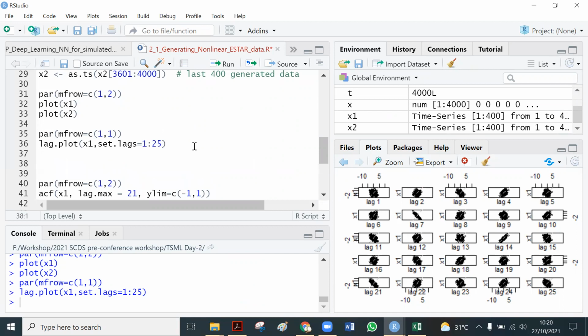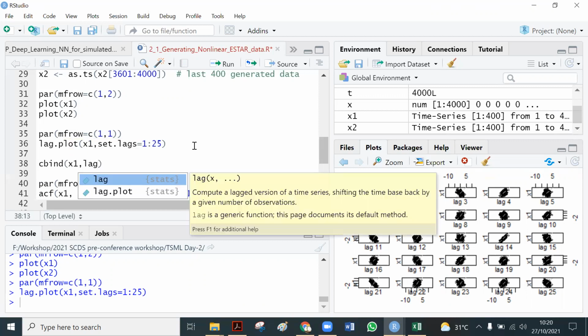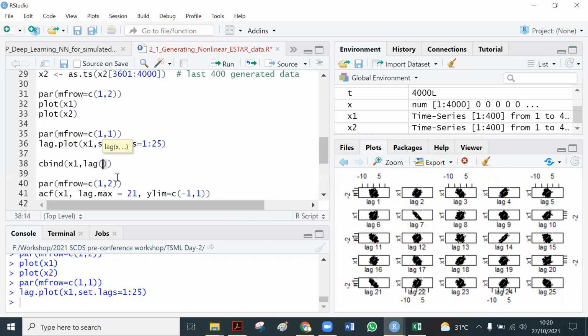Say we have the data, I can write it like this. This is x1, and this is the lag of x1 at lag 1.